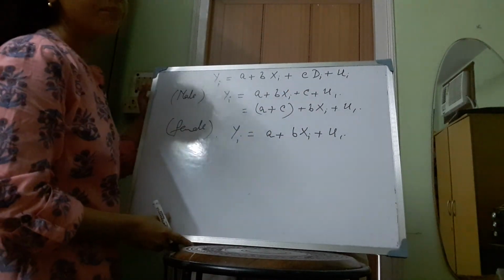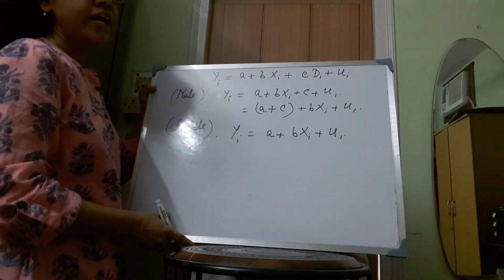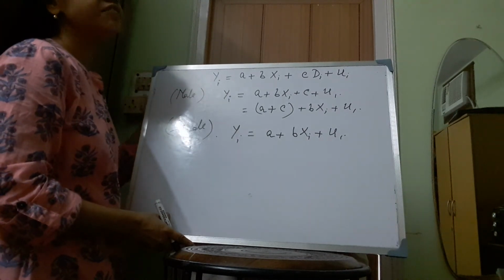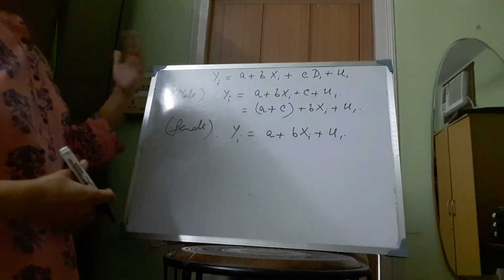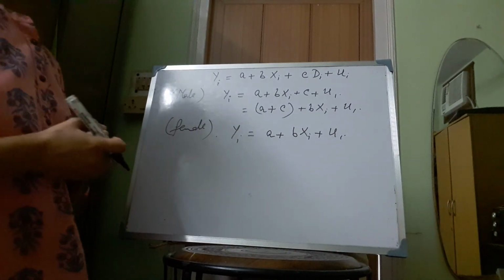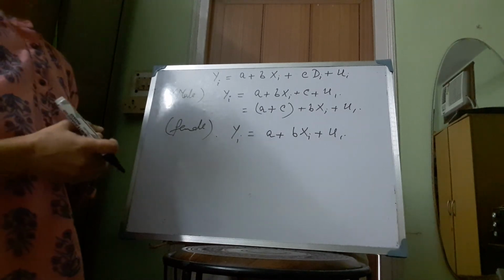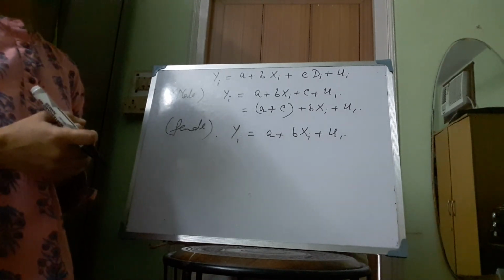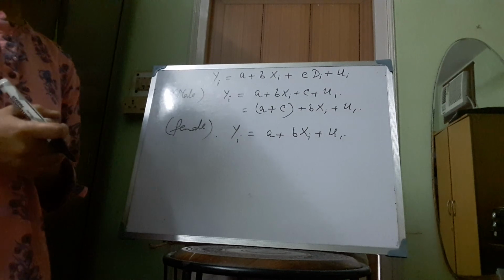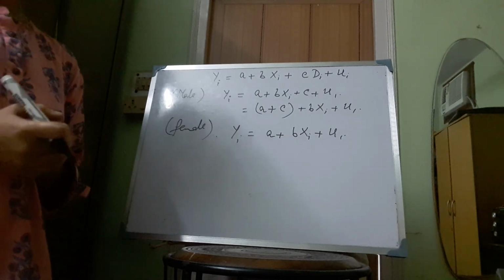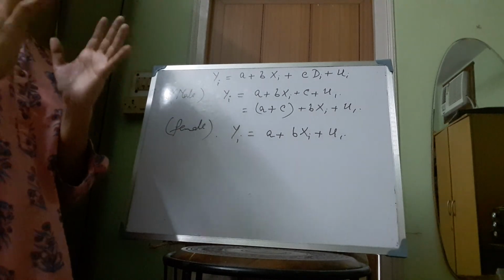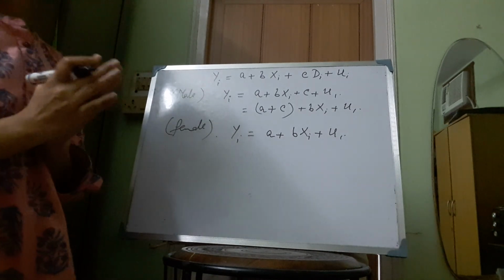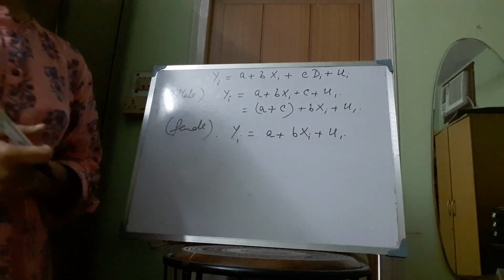Now this does not happen in the organized sector, where male and female workers, if they have the equal qualification, they get the equal amount of wage rate. But this type of incidence happens in the unorganized sector. So for the unorganized sector, generally there is a workplace discrimination between the male workers and the female workers. So there we can use this dummy variable regression. So for modeling that type of situation in the unorganized sector, we can use this dummy variable regression.